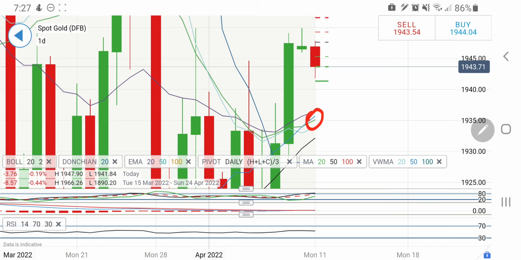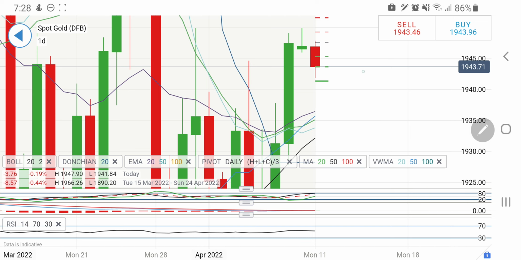So yes, one can remain short till the time gold trades below 1950, and one can expect it to hit 1940 as the first target, 1935 as the next target, and below that, every 5 points it has got support: 1935, 1930, then 1925, and then 1920. I think 1935 should definitely provide support, and if it breaks that, then 1930 should come into picture, and below that the sky is the limit. 1925, 1920. 1920 is a very strong support.